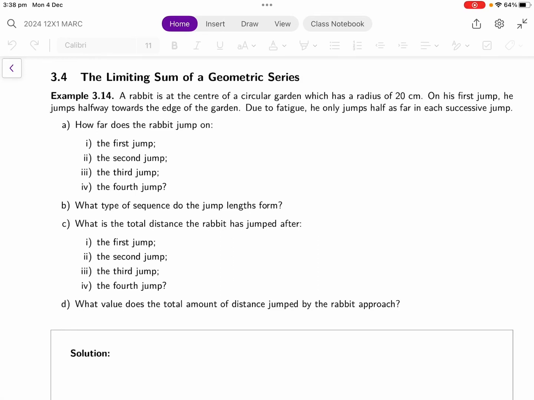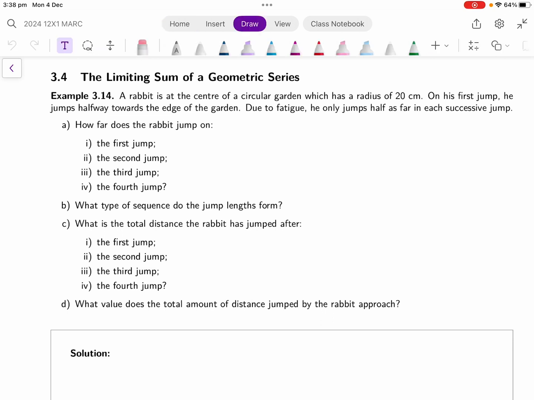Okay, so we're going to look at situations where a geometric series has a limiting sum. So we'll start with this problem with the rabbit. The rabbit starts at the center of a circular garden which has a radius of 20. He is jumping halfway towards the edge of the garden, and as you can read, he jumps half as far with each jump. So on his first jump, you guessed it, he's only jumping